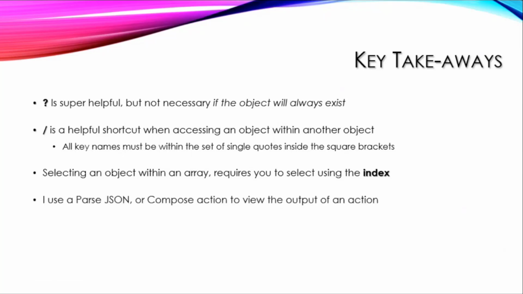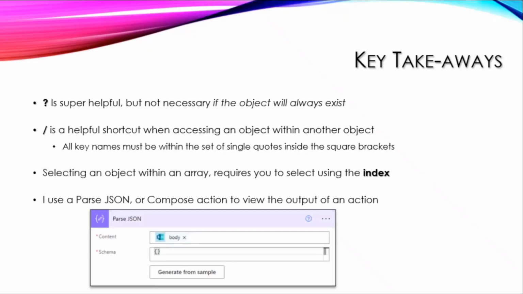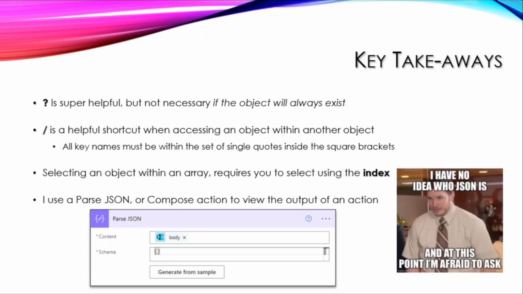And then just a fun fact, I use parse JSON or compose action to get the outputs of any actions that I'm trying to work through. So I'll throw in a parse JSON, I'll throw in a compose to get that out, run the flow, and see what it returns. But the parse JSON, like with this one here, I put in the body from the bookings app. And then to get around the requirement for the schema, I put in 2 curly braces, and that's all that's needed to get that requirement fulfilled. Run the action, and I can get the whole thing to come out. Copy, paste that back into the parse JSON later for the generate from sample, and it works. It just works.